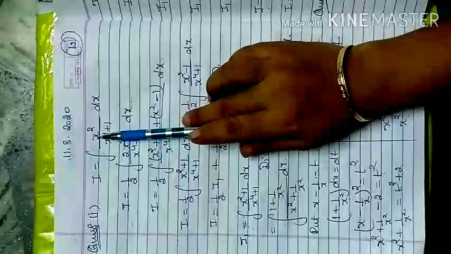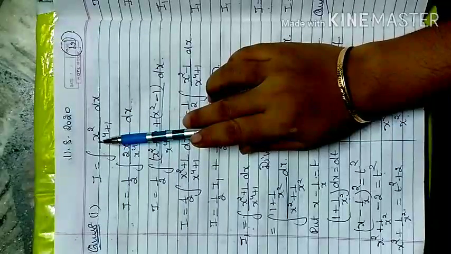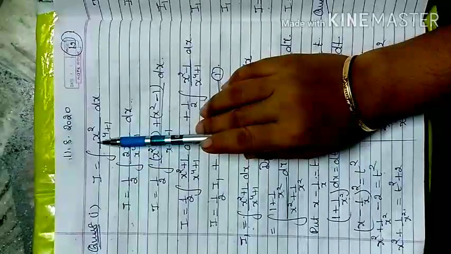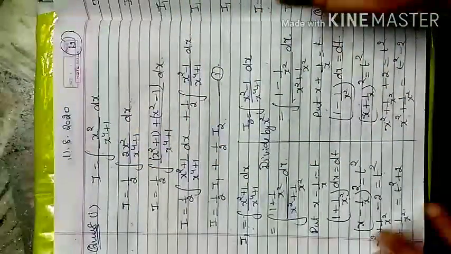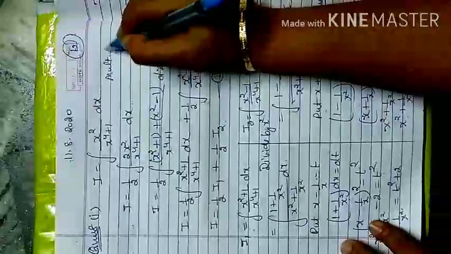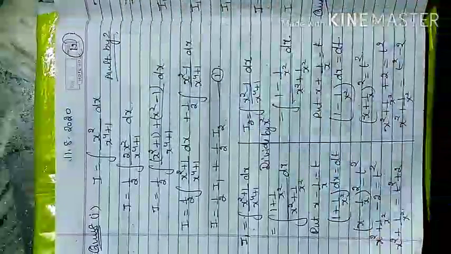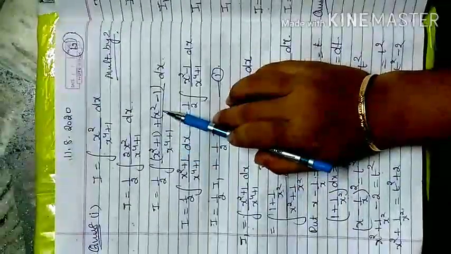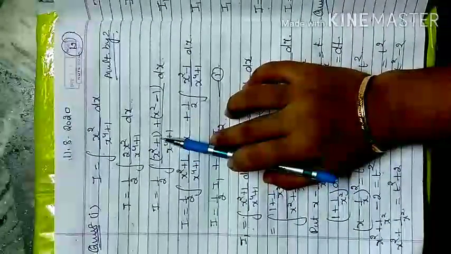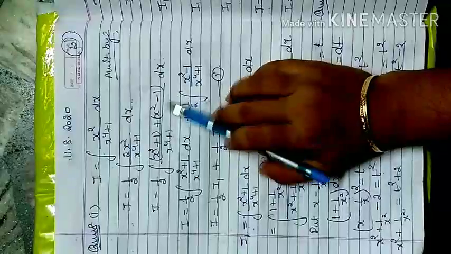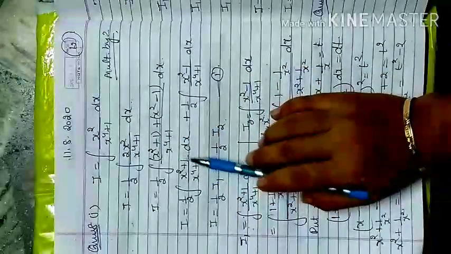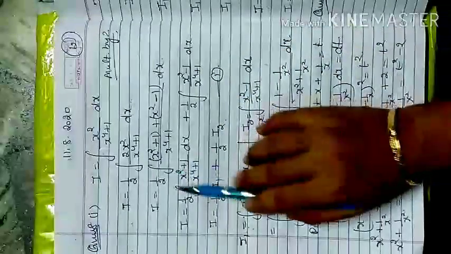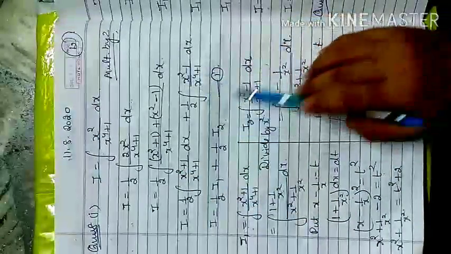So first you need 2 times x square to separate, because I need 2 x square. So here 1 by 2, I multiply the numerator and denominator by 2. After that I separated the x square terms and add 1 and subtract 1 to balance the equation. Now when I separate the terms, (x square plus 1) by (x4 plus 1) dx, this I consider as I1, and (x square minus 1) by (x4 plus 1), this I consider as I2.